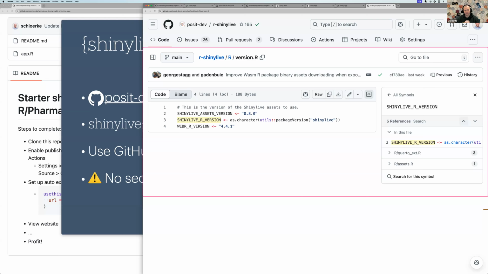One that I was surprised actually works: at my day job, we have a Linux cluster, an HPC cluster, and we do have a web space component. Those familiar with Linux may know we have a public_html directory. You can expose that as a makeshift web page. I think it's served by Apache or whatever. And I did get a Shiny Live app to render with that. It did take a while, but it was kind of shocking to me that it would render when I copied those exported assets over to my public HTML space.